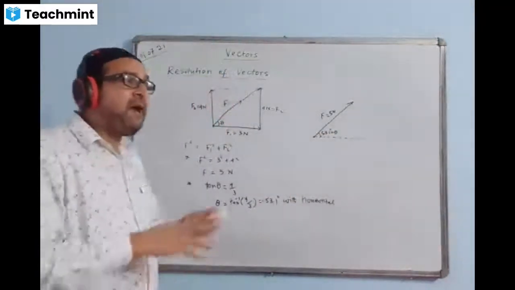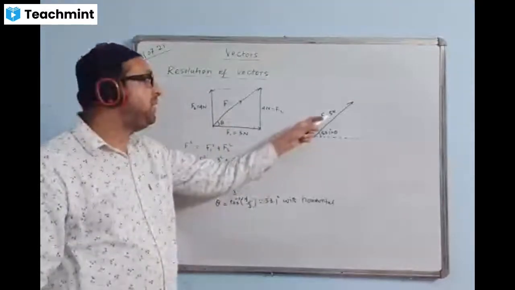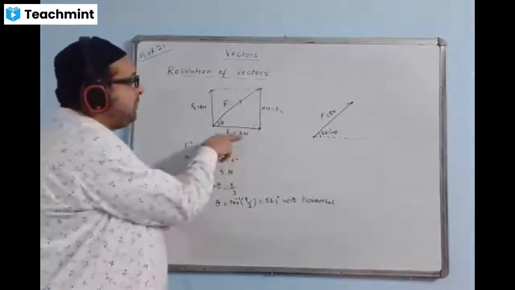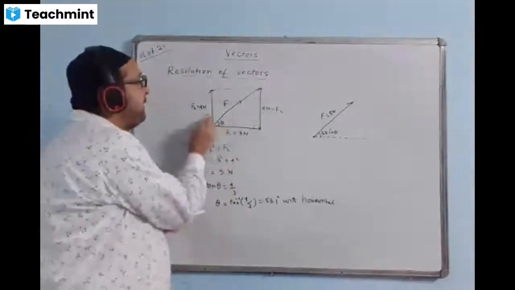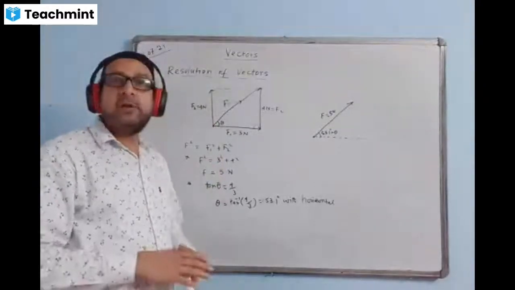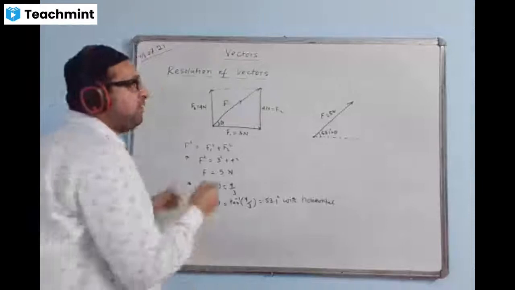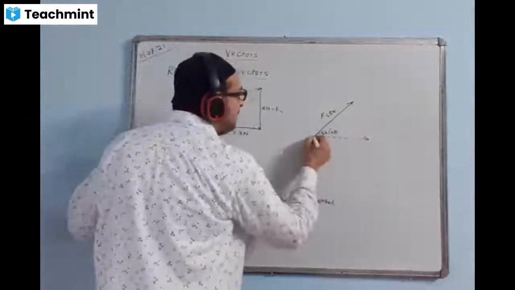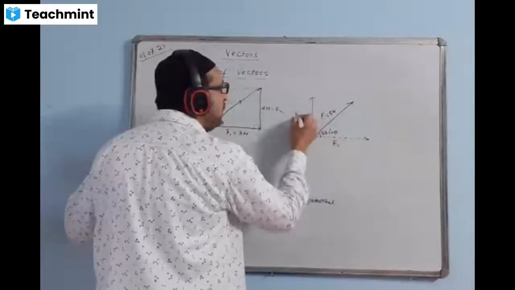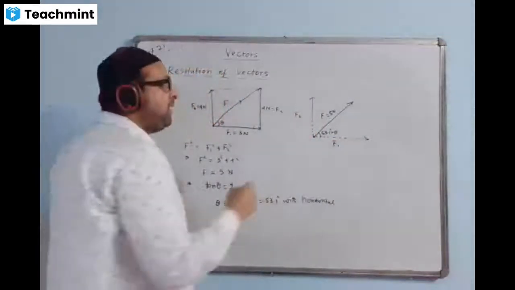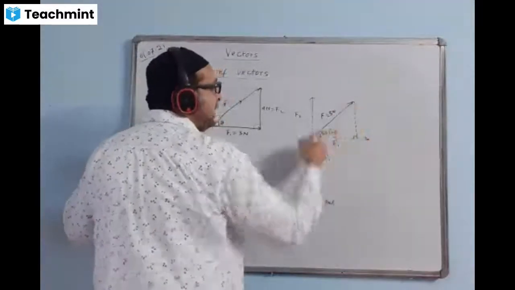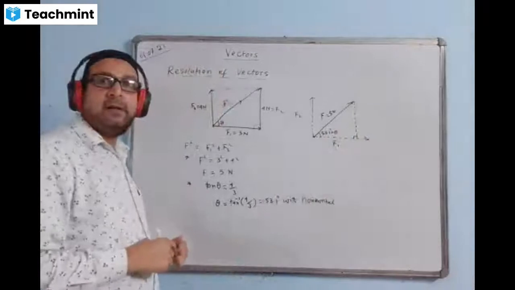Can we find those two vectors from which we are getting the answer 5 Newton? From where we got the answer 5 Newton? Can we find them? Because this answer was 3 Newton, this is 4. We combined them and we had the answer coming 5. And in what direction those two vectors will be? So those two vectors will be perpendicular. One will come like this, another one will come like this. The F1, this will come F2. So we can simply draw the diagram here, make a triangle here. This triangle is a right angle triangle.